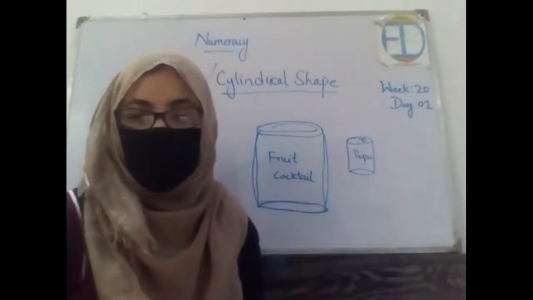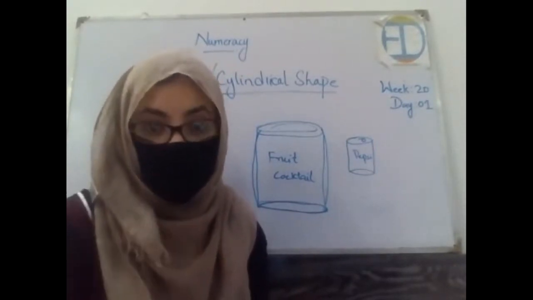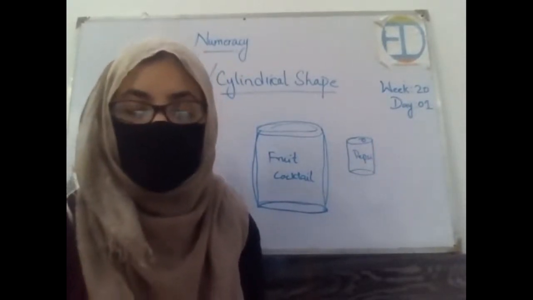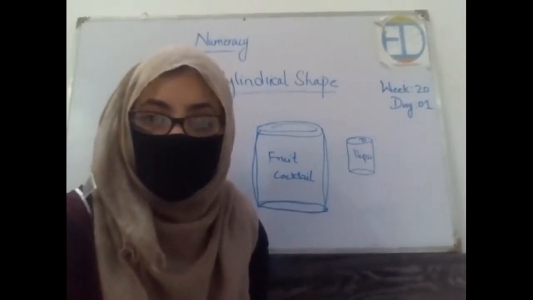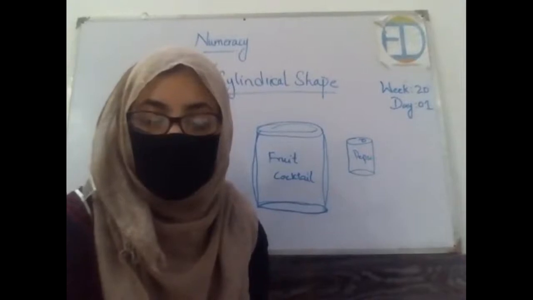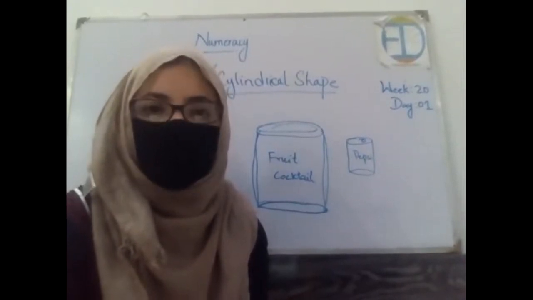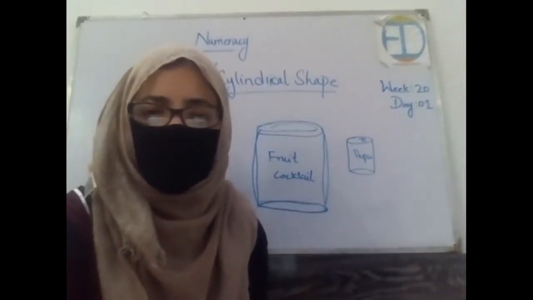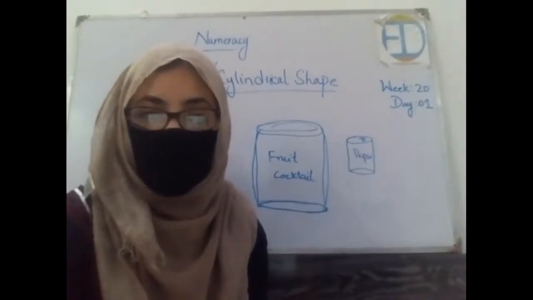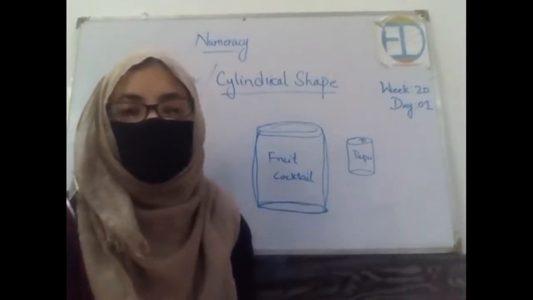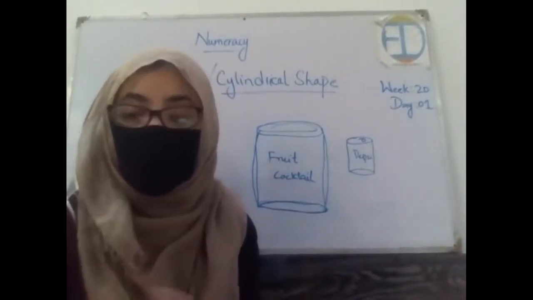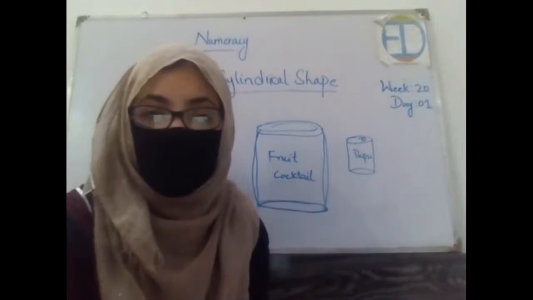Okay, so beside the cylindrical shape, you have revised many other shapes as well, and we will discuss them. Some of them have already been discussed by us in our previous classes, and some of them we will discuss in the upcoming classes. Okay, so now I'm going to share the screen again with you, and I'll show you some of the examples of cylindrical shape. We have discussed a few right now as well, and I'll show you the pictures of them, and we will see how they look like.